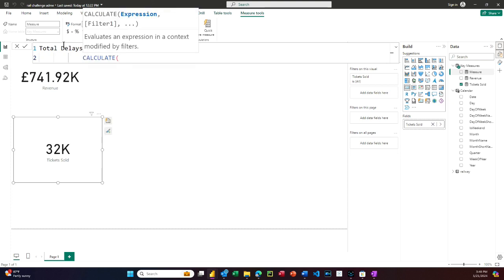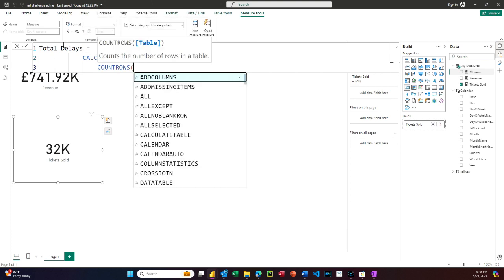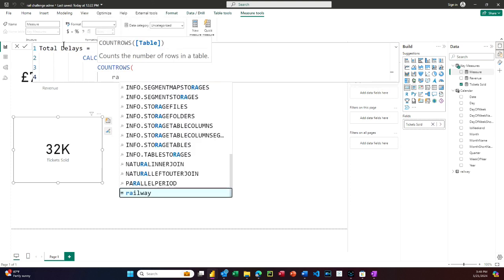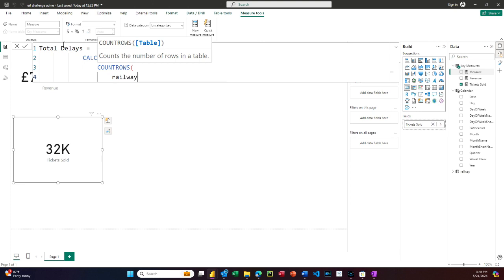So we're going to calculate. Our expression is count rows. Table is railway. And the filter is